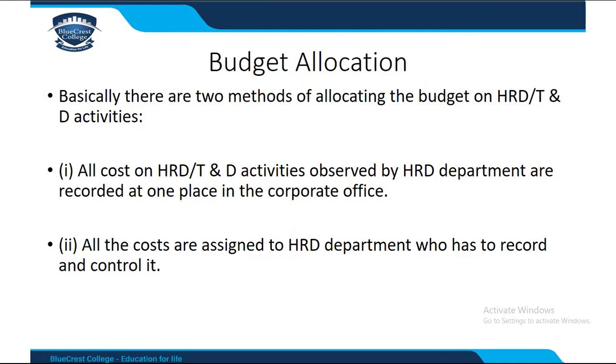The central office or the corporate office puts together whatever they need. Okay, so everything comes from the central office. What this means is that the HR department is not really in charge of the budgeting. They would come up with everything they need, okay, and then